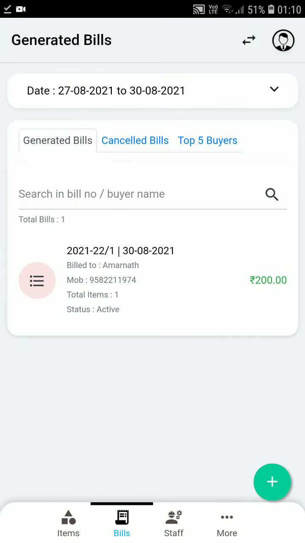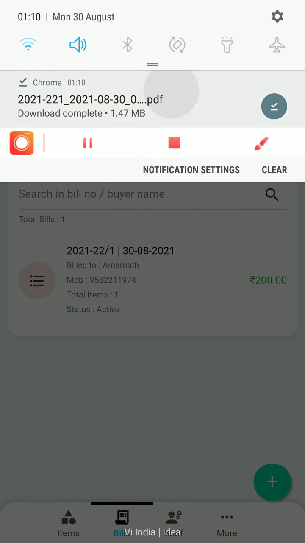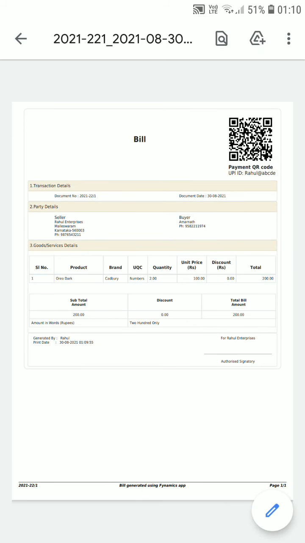Now, to see the PDF copy, let's just look at the downloaded PDF. If the logo of the business was uploaded, that would come in the top left corner. The place now is blank because we did not upload a logo. The top right corner has the QR code with the UPI ID given below, and this can be scanned by your customers, and it will allow them to make a payment via Google Pay or PhonePe or any